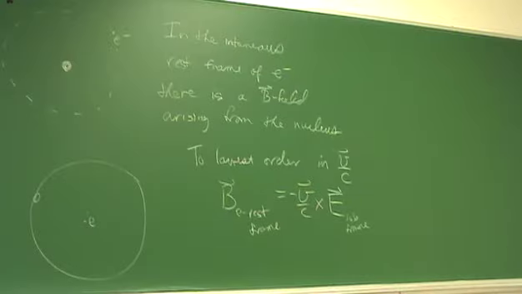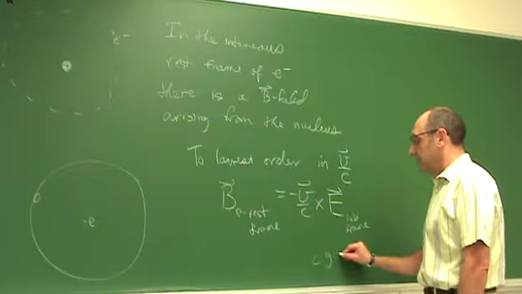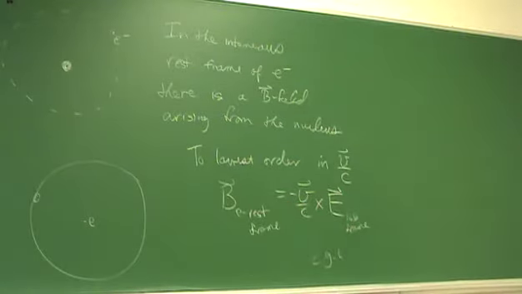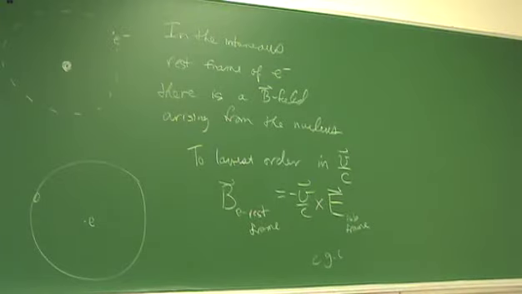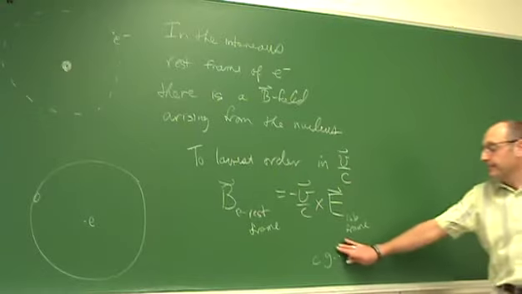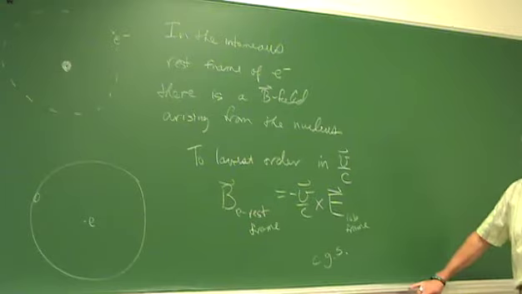Now this is in CGS units. In CGS units, the electric field and the magnetic field have the same units. If this were in SI units, there wouldn't be a c in there. But then, of course, the force law, the Lorentz force law, is different in CGS and SI units as well. Okay? So, what do we see from this?